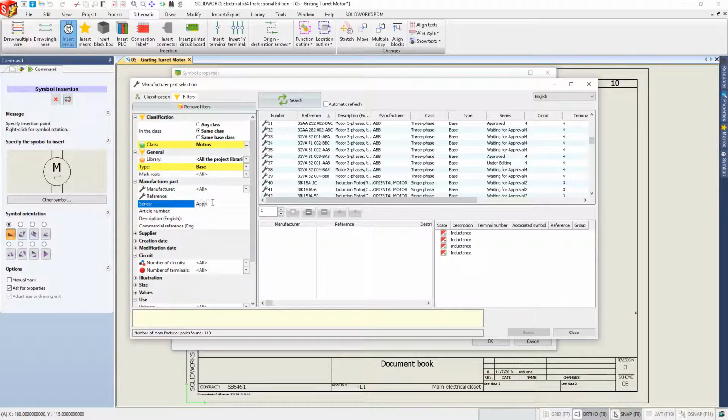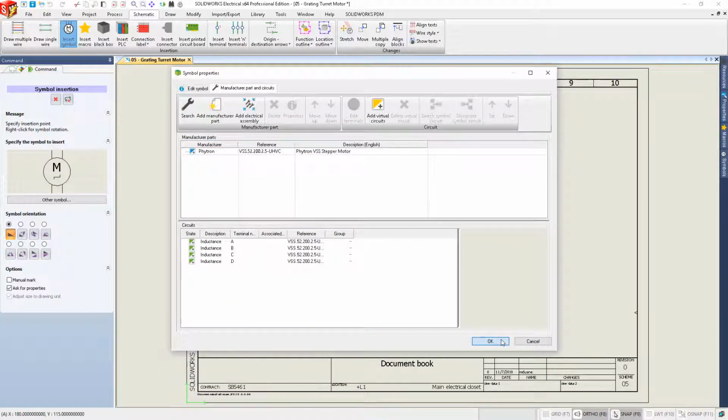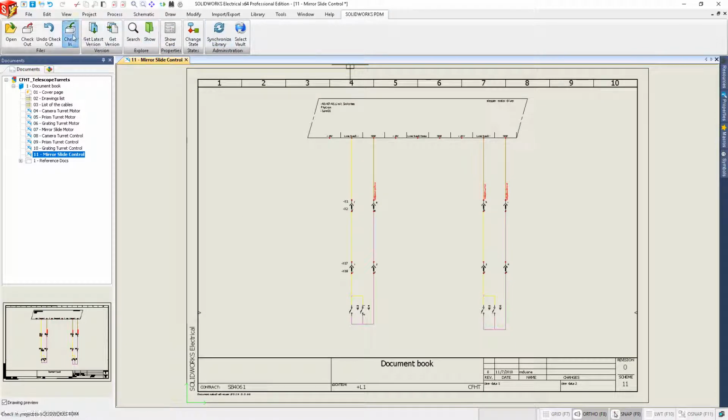Working in parallel, your electrical design team can use SOLIDWORKS PDM to manage and synchronize SOLIDWORKS electrical product information such as schematics, bills of materials, plus in-house and supplier parts libraries. By facilitating more efficient collaboration between your mechanical and electrical design teams, overall project timescales are reduced and product quality